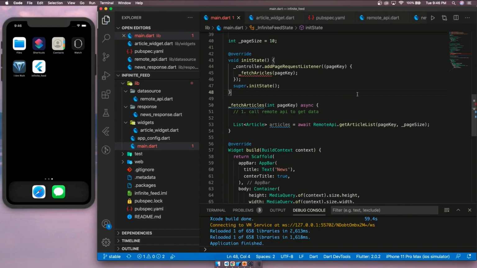Let's put this HTTP call inside a try catch block because we might get an exception when we are doing this HTTP call.